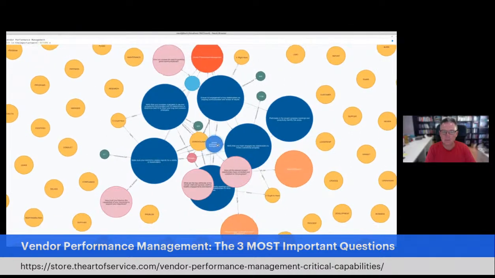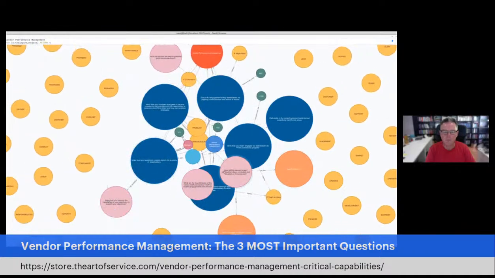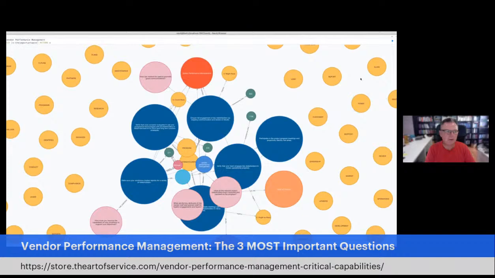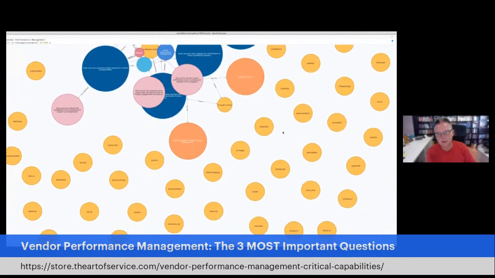And it's related to vendor performance management. And these are the other questions I can ask and the people I can ask them of. I'm going to take that away because it fills up my screen. All right, so these are all the keywords that are of importance to me in relationship to vendor performance